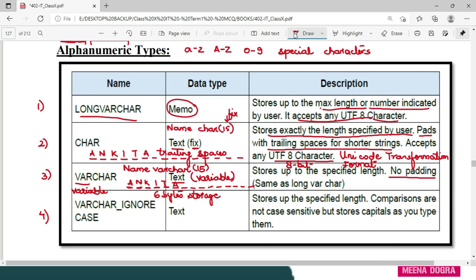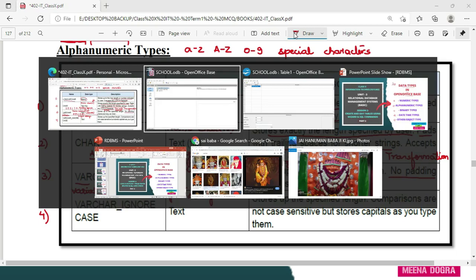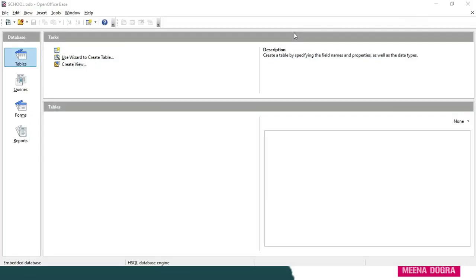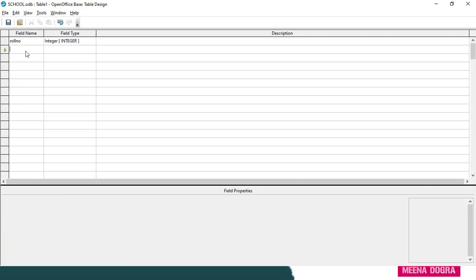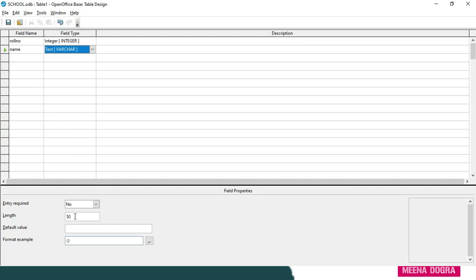No trailing spaces are used for shorter strings, but still I will demonstrate to you how it is slightly different. Suppose I introduce a field over here, name, and I take its data type as varchar. Here you can see underneath there are field properties. They depend from data type to data type.